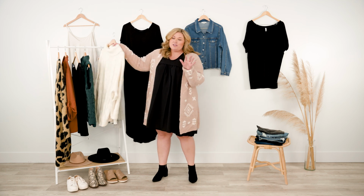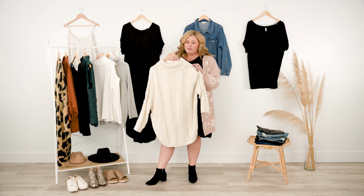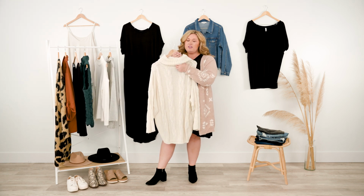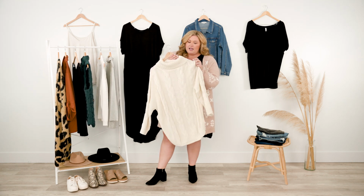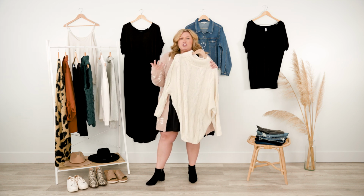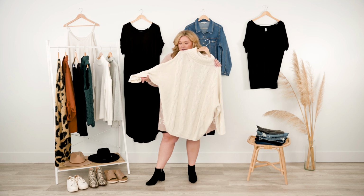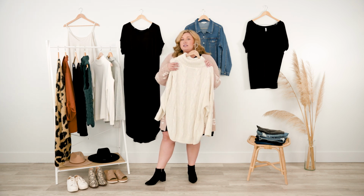So for starters, let's talk about this. It's a beautiful cable knit, chunky sweater. I love that it rolls over at the top, that turtleneck style. It's just a very chic, expensive feeling way to elevate your basic wardrobe. So you could do this with